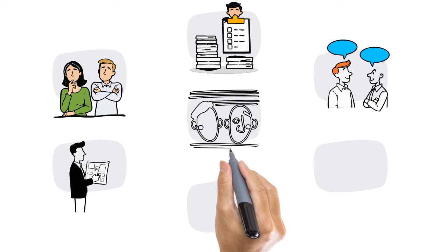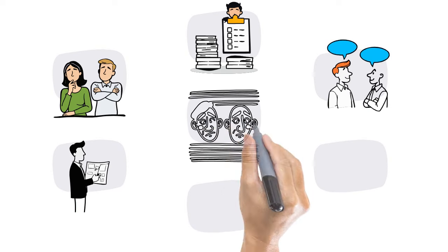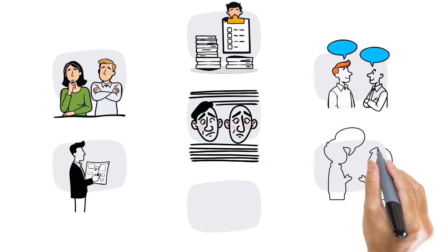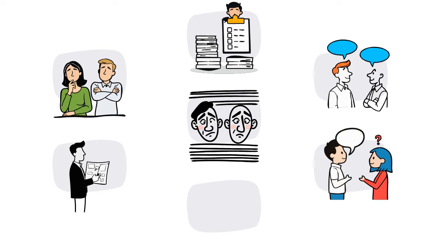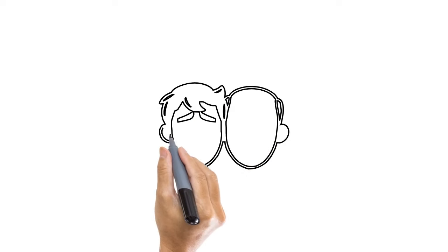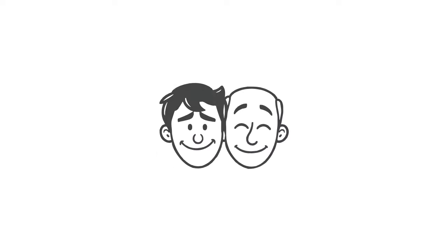Each type reflects different ways of seeing the world, and thus requires tailored approaches in conversation and interaction. The key to successful communication lies in recognizing these differences and adjusting the way one speaks and listens. By doing so, it becomes possible to connect more effectively with each personality type, fostering better relationships and...